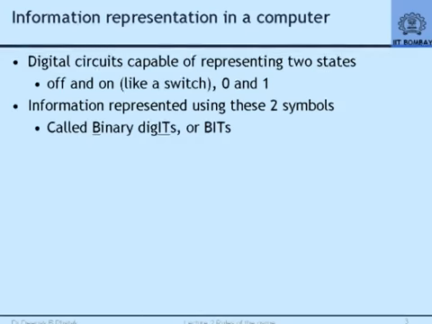Consequently, everything that you wish to do with computers, the information must be represented somehow using these two symbols and these two symbols alone. These symbols are called binary digits or bits. You are familiar with the decimal number system, which uses base 10, but we can actually have a number system of any base. If you had 8 symbols, 0, 1, 2, 3, 4, 5, 6, 7, then you can construct a numerical system in which numbers are represented using base 8, called octal numbers.